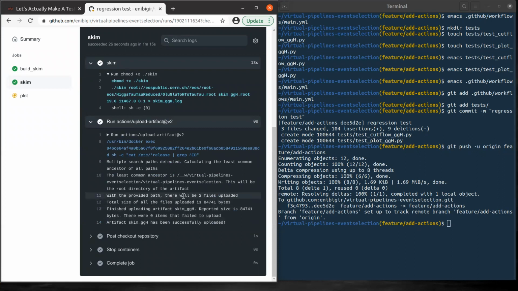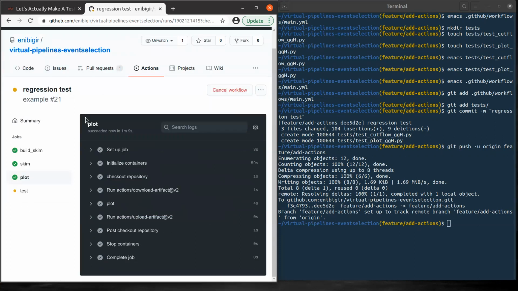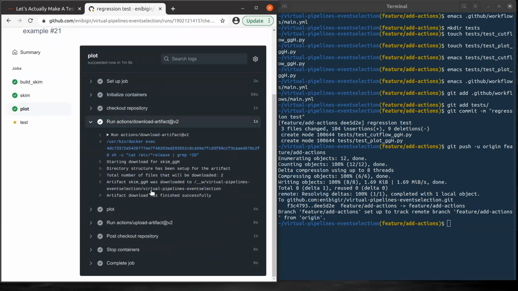And let's see the upload. So, okay, the path that we provide has 2 files inside. And we give it a name scheme teach and has been successfully uploaded. Okay, let's now see the plot. We check out repository, then we download artifact.